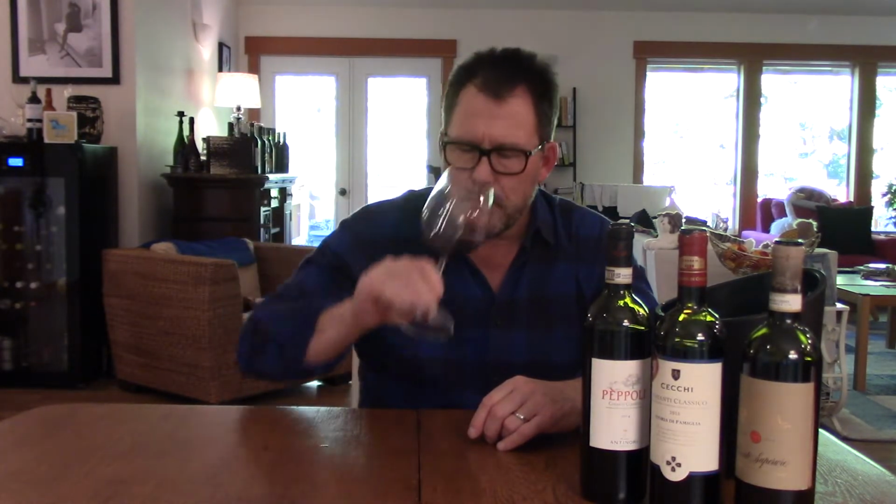This is a little lighter than the second one, than the Checky, but solid, like red cherries. What I like about this one, at the end, you get a little bit of a citrus, like an orange citrus peel note coming through. Very earthy, just like the first one, but it gets a nice little pop, like those red cherries really pop. It's almost like a blend of red cherries and flowers right on the mid palate, and it kind of peaks. It has a nice little peak in the middle that is very interesting, very delicious. A little strawberry joins the cherries and the red flowers. Then it finishes like the other one. You get that kind of crushed rock,